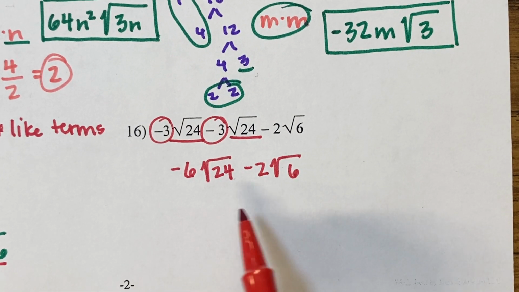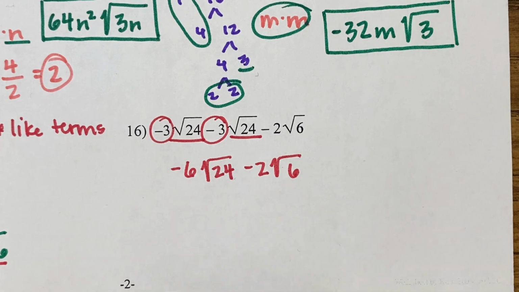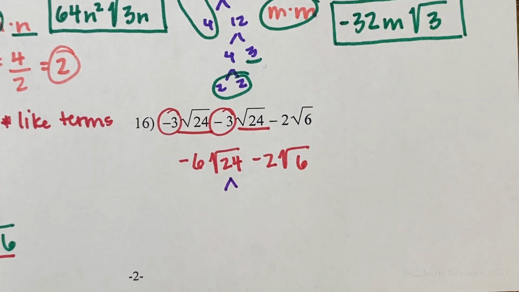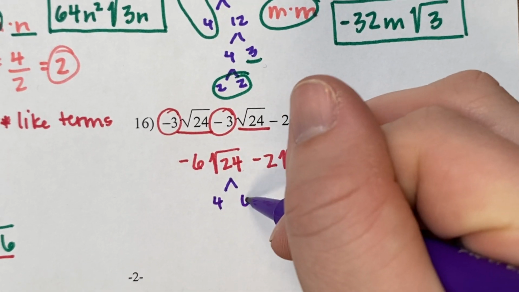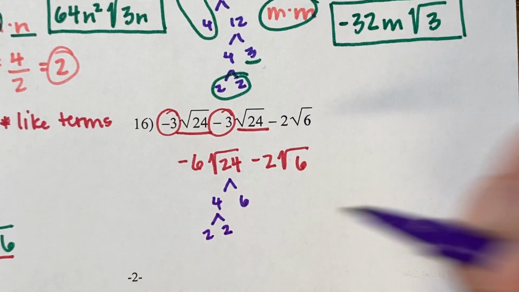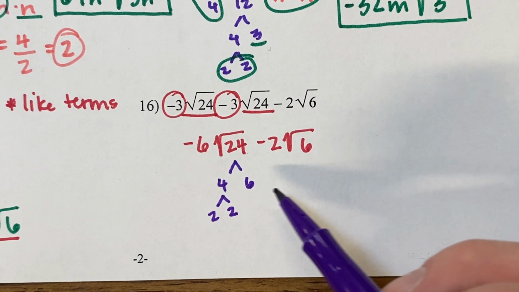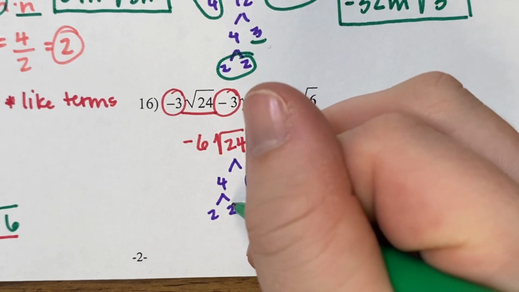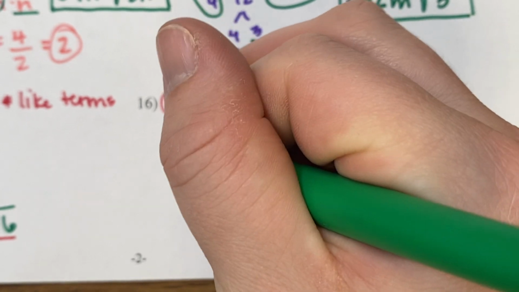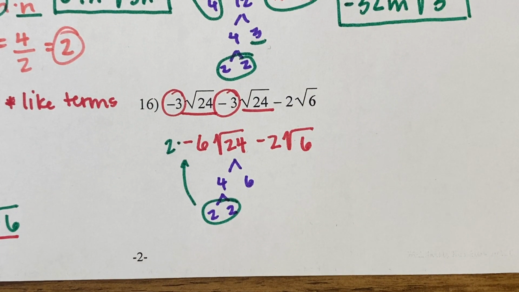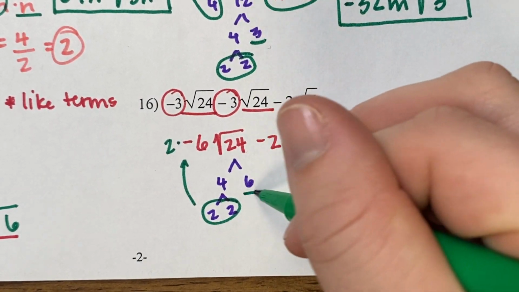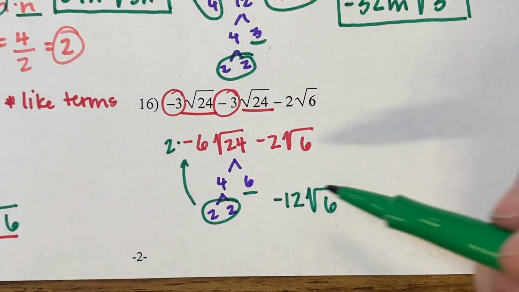Okay, now again, this might not be your final answer because we can break 24 down. So let's go ahead and break 24 down, and that's so funny, we already kind of did it over here again. Did not mean to do that, so we can do 4 times 6, 2 times 2. And we already figured out that we can't break 6 down anymore. So I have one couple of 2s that gets to multiply by what's out in front. So this becomes, I'll write it over here, 2 times negative 6 is negative 12 root 6, that had to stay inside,